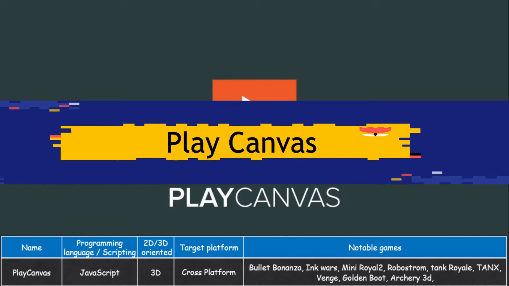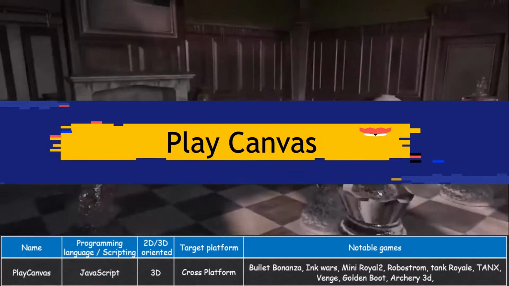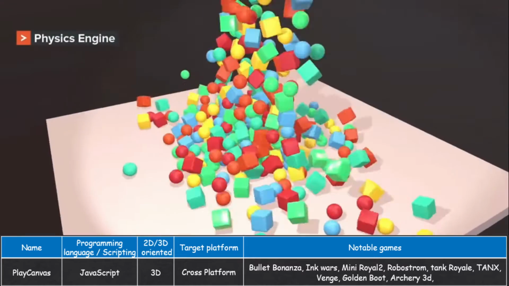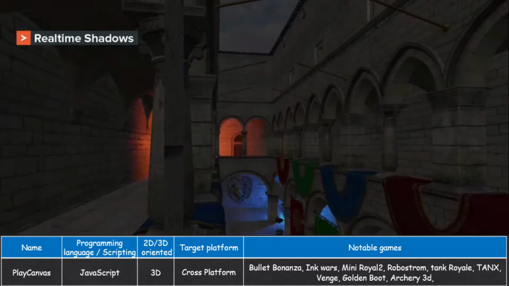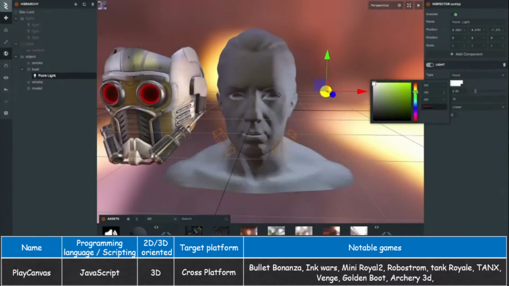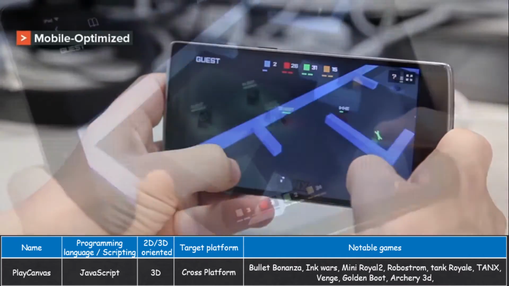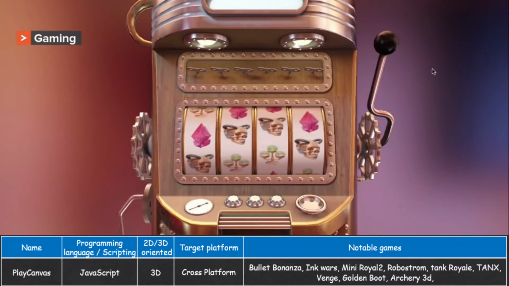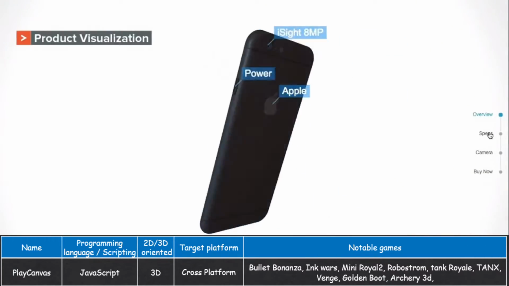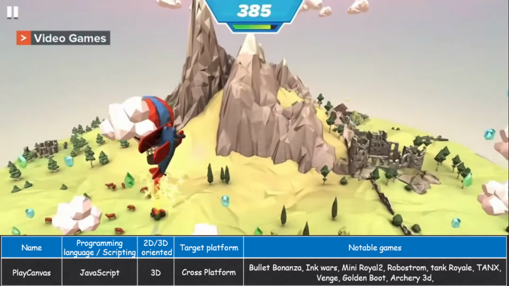Number 6 in the series is PlayCanvas. The PlayCanvas editor is the most advanced WebGL authoring environment available. It's packed full of features to help speed up your development and stay ahead of the competition. This HTML5 game development platform allows you to develop 2D and 3D games alongside a collaborator on the cloud. This means you don't have to download and install anything and are even given 200 megabytes of disk space. New developers and experts alike can make use of this free and open source engine.